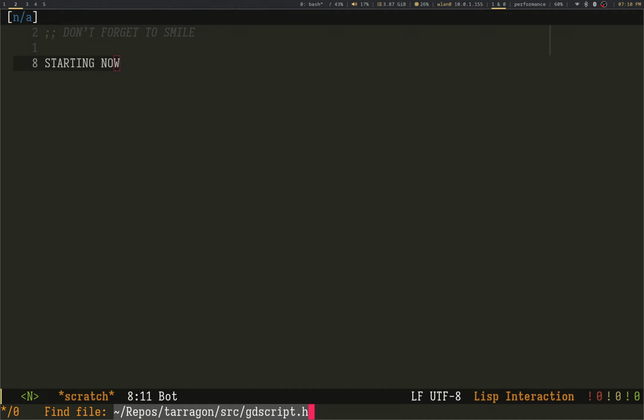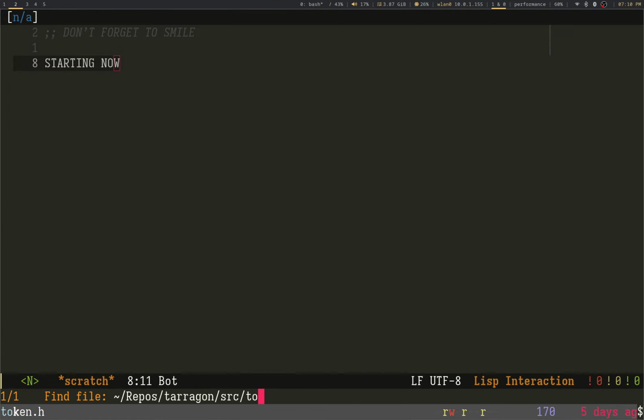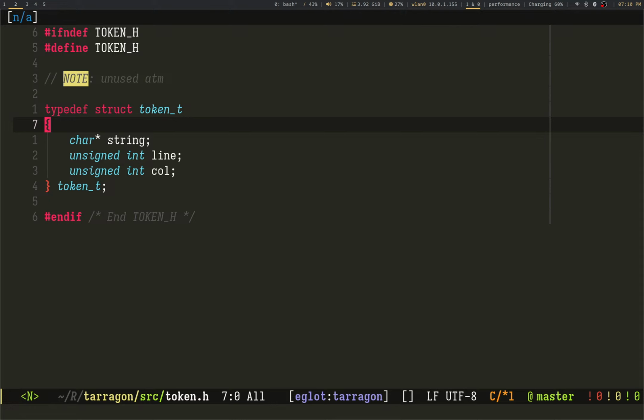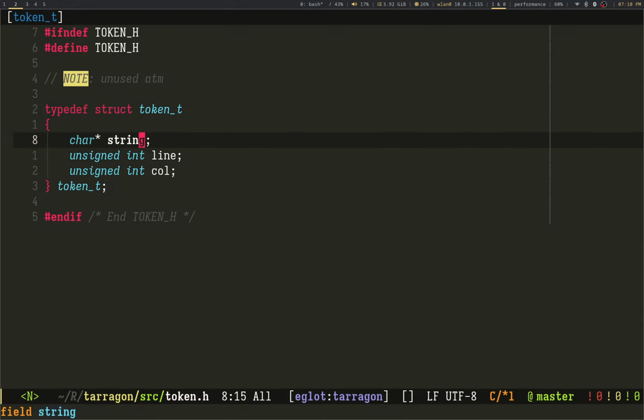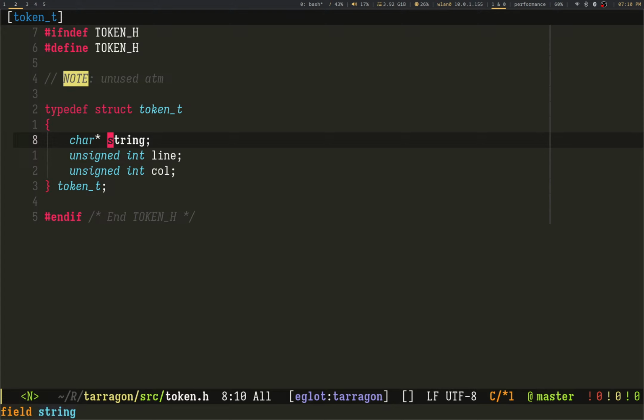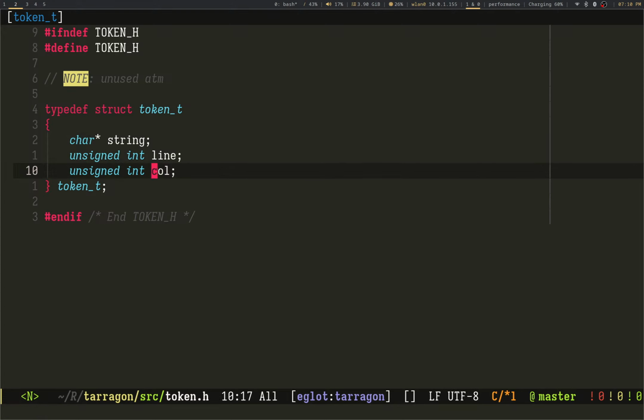Again, this is the standalone GDScript LSP that I'm working on, and as you can see, I already have a struct for tokens. I'm of course going to be using this, but it is nothing fancy. You've got your string of what the token itself is, your unsigned integer line, and your unsigned column.